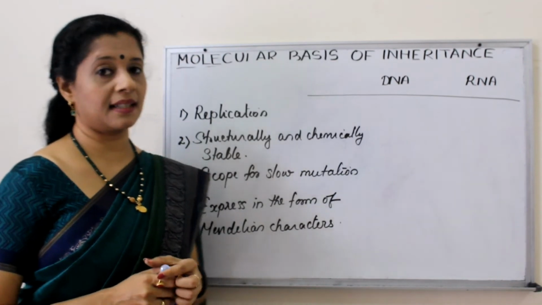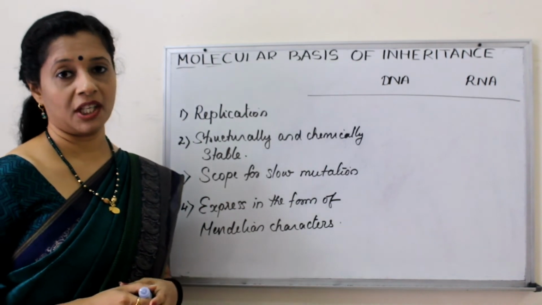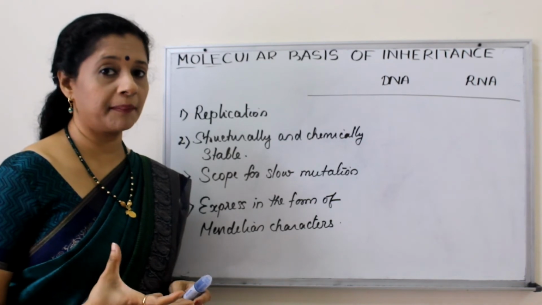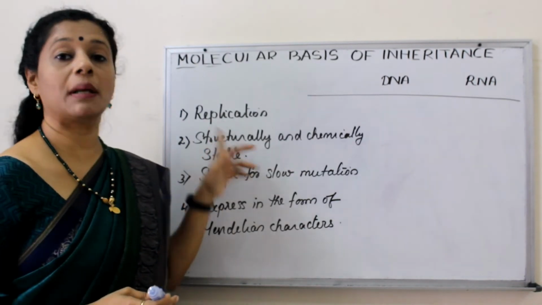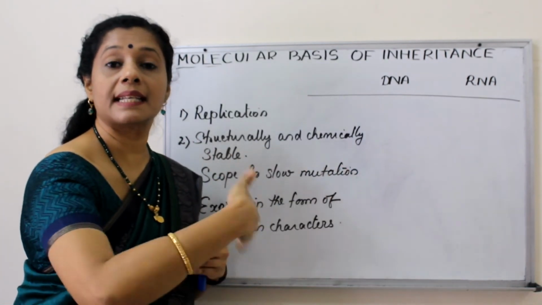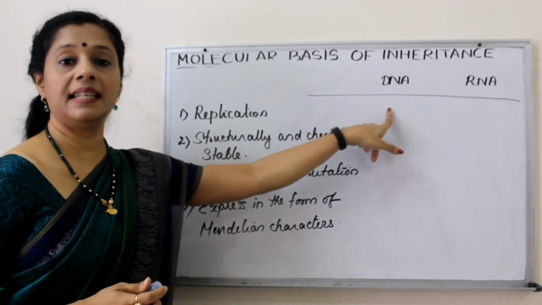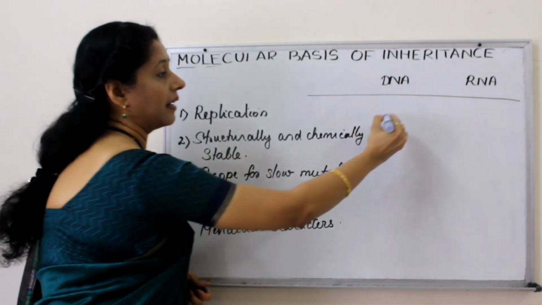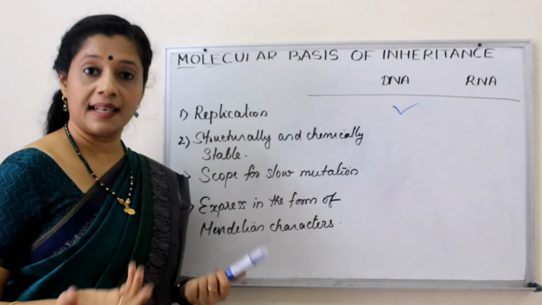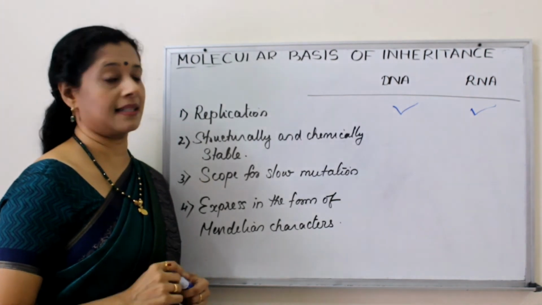To find out that answer, first we have to discuss certain characteristics of a good genetic material. If you want to have a proper genetic material, it should have certain qualities. What are they? First one, it should be able to replicate. Meaning if it is making its own copy, only then can it pass on to the next generations. Can DNA replicate? Of course, DNA can replicate and make a copy of itself. So DNA is passing this test. But what about RNA? Yes, RNA can also replicate. So both are qualified in the first characteristic.